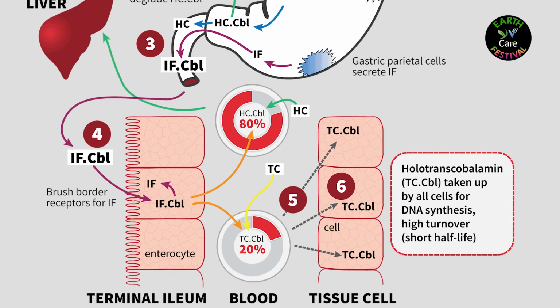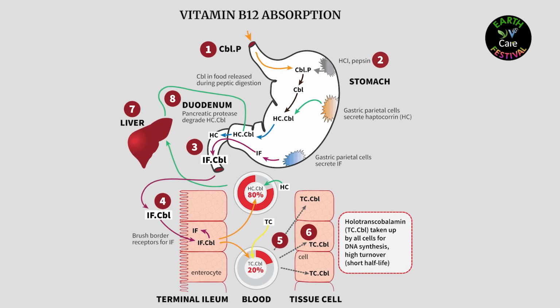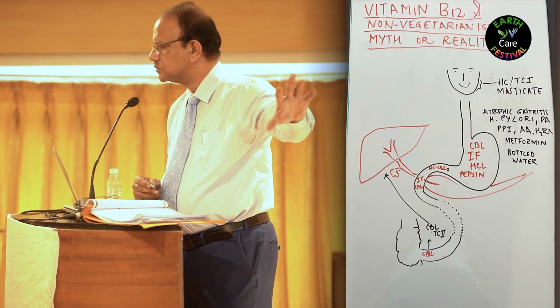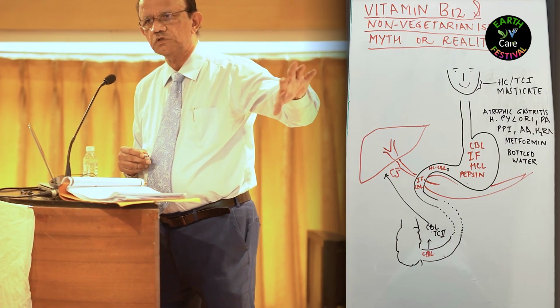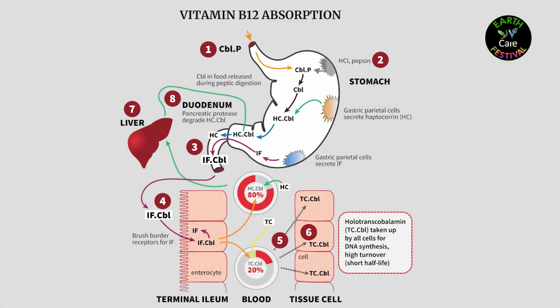Now this, even Harrison admits, is why vegans don't fall prey very easily to B12 deficiency, because the enterohepatic circulation is good, and therefore that keeps you going. But if you have problems in your distal ileum, any sort of malabsorption, your B12 levels will fall very rapidly. Again, in the cell, you know that this is a form of the folate molecule,